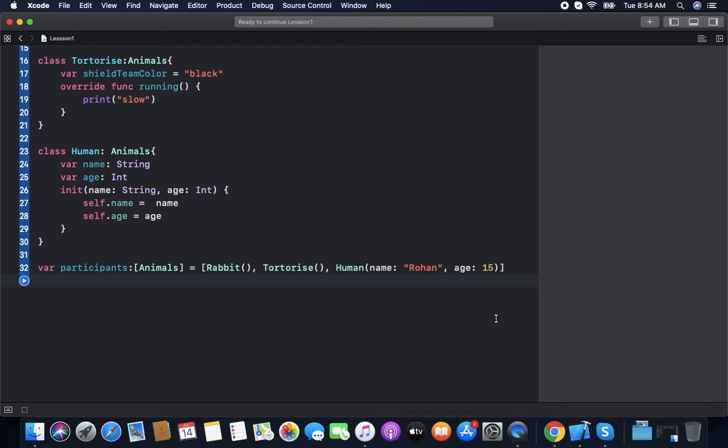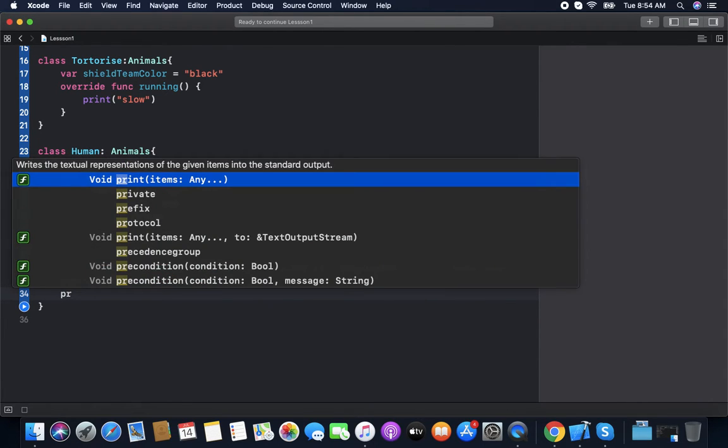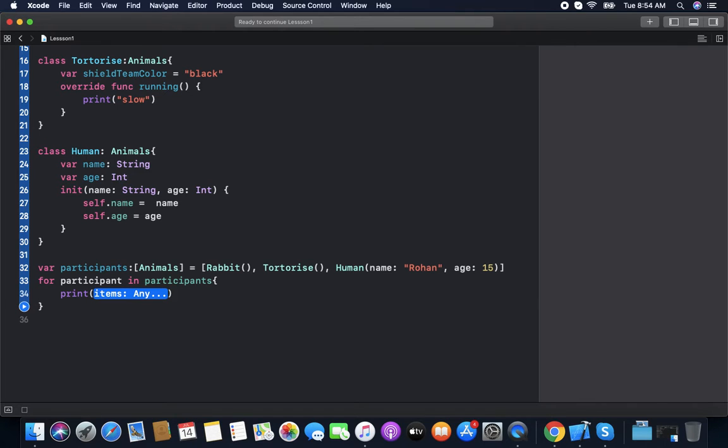Now when they start, we check their speed. So we print their speeds. For participants in participants, firstly we print their speed.